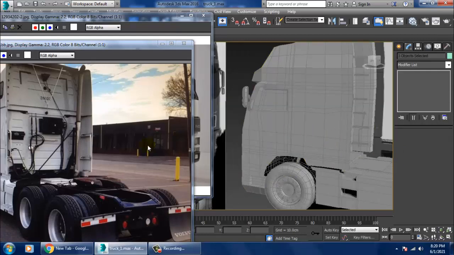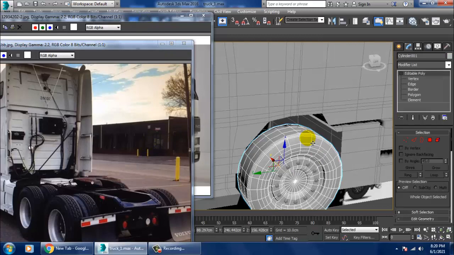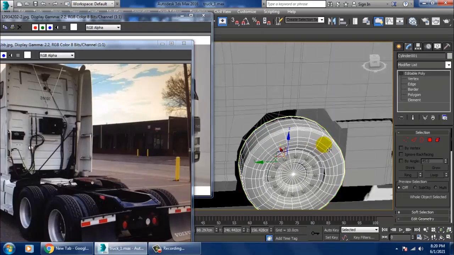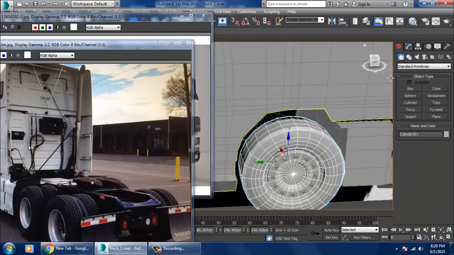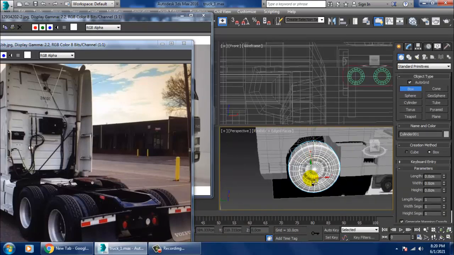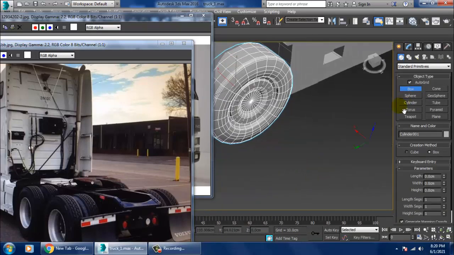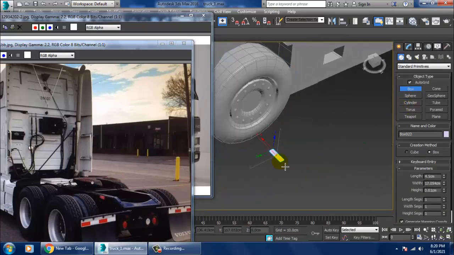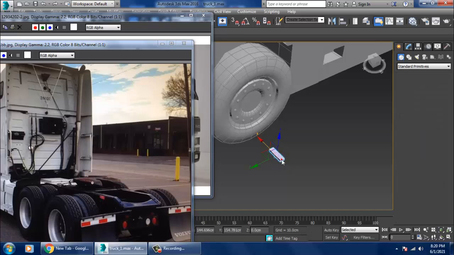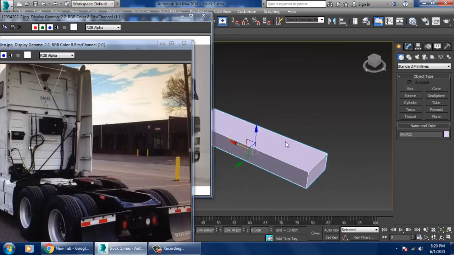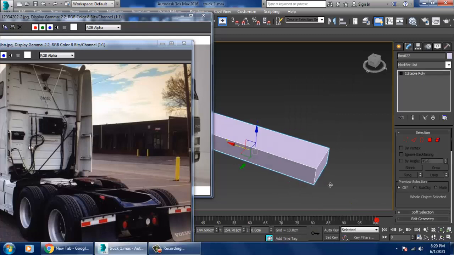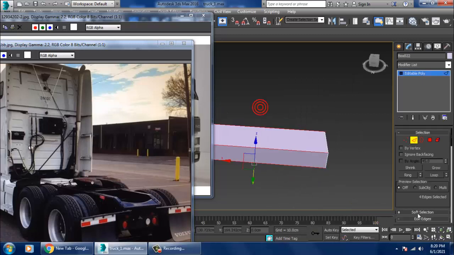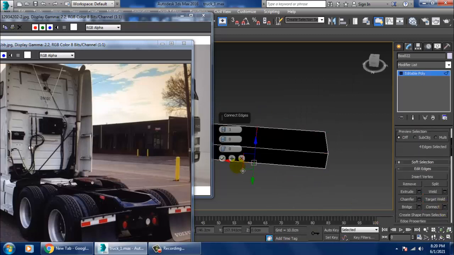After that, if you want to create the tire grips, you can create these tire grips over here very easily. So let's go over here. I'll just make some random tire grips over here. So I'll just connect this.